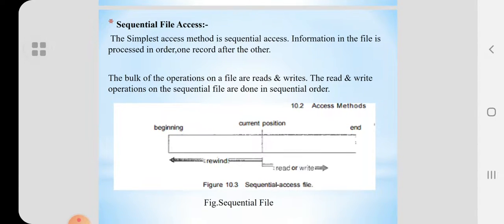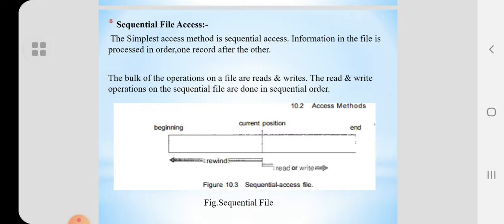Now next is the sequential file access. The simplest access method is sequential access. Information in the file is processed in order, one record after the other. The bulk of the operations on a file are reads and writes.